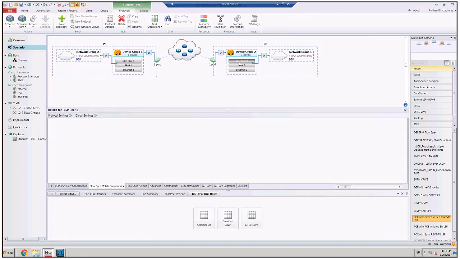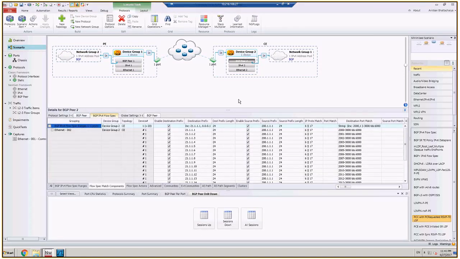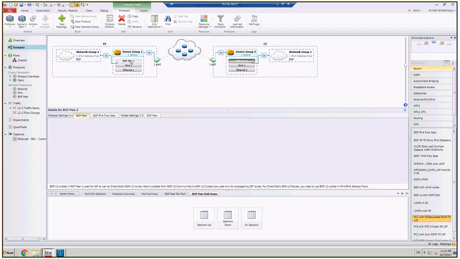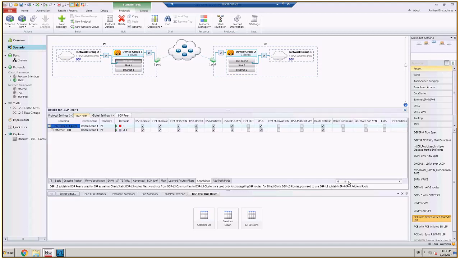So going to the BGP peer 2, this is where I've configured the FlowSpec for IPv4. So let me go to the capability, and here I need to enable the IPv6 FlowSpec. Similarly, on the other side also, let me enable the capability for IPv6 unicast FlowSpec. In the learned route filters, I need to enable this unicast FlowSpec filter to see the learned information for FlowSpec. Coming back to this one,